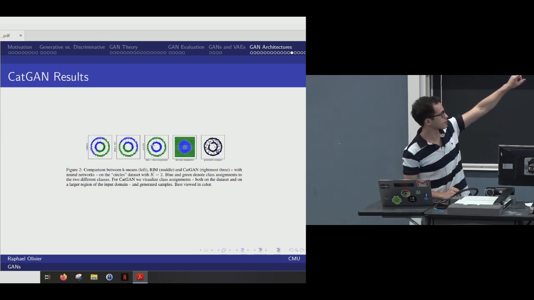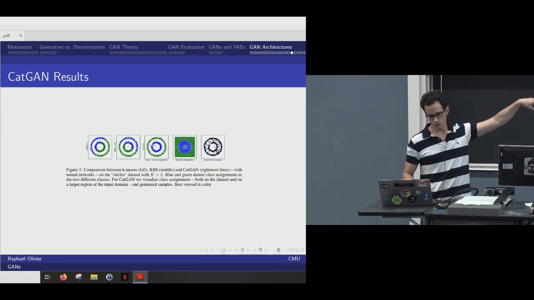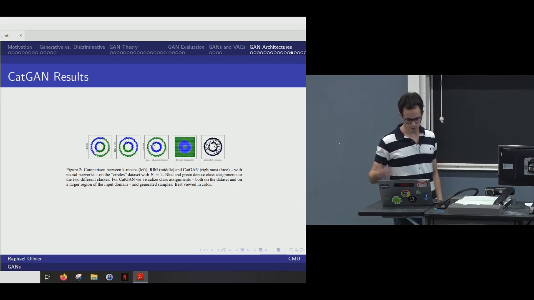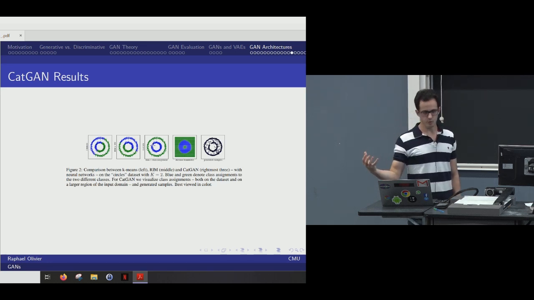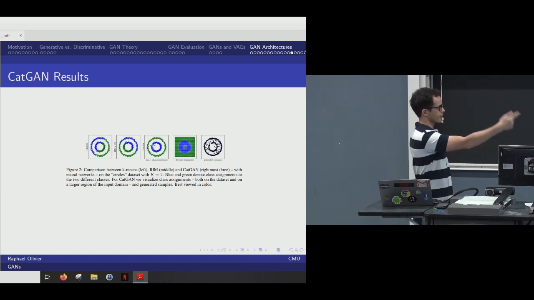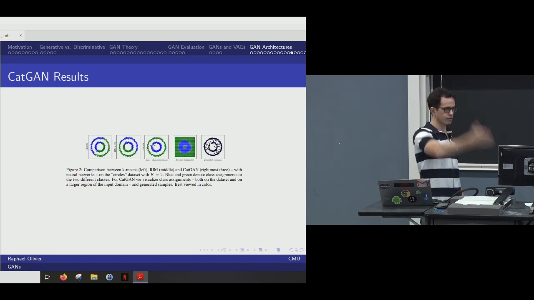So you see that you've got an image that's drawn from two circles, and clustering this image means being able to divide it into two parts, and say you've got the first set of points, that's the small circle, and the second set of points, that's the bigger circle. That's what you expect. But if you use traditional clustering methods like k-means, you're going to have something like what's on the left, where you just have a left part of your image and a right part of your image,